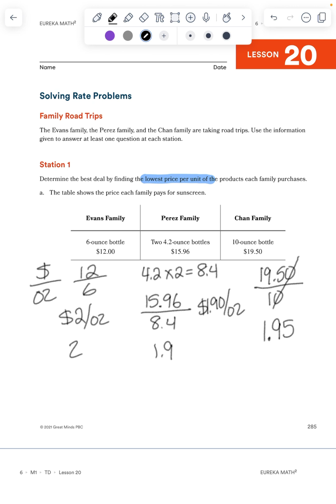I probably said this wrong. Let me stop. Okay, so let's not look at it like that. Let's actually look at it like